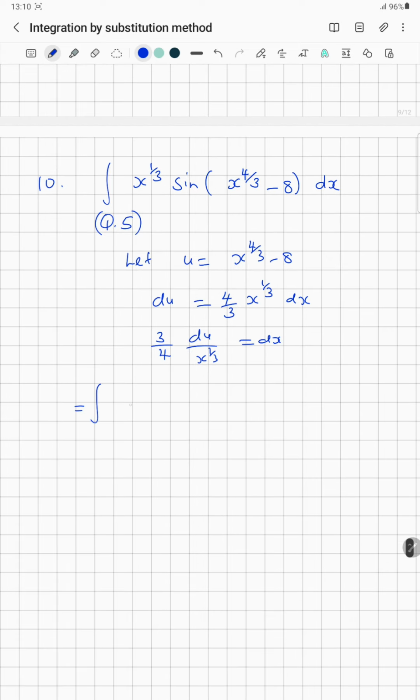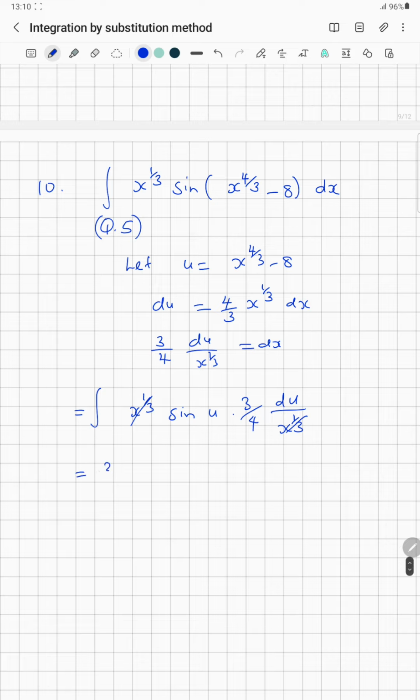This one will give us x power 1 over 3 sine of u dx, which is 3 over 4 du over x power 1 over 3. This one and this one will cancel, so we are going to have 3 over 4. We integrate sine u with respect to u. We know the integration of sine is minus cos, so this will be 3 over 4 minus cos of